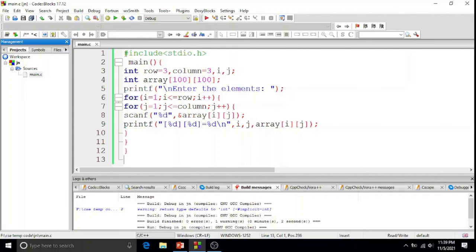Alright, so this is the C code that I wanted to introduce. As I have said, the row was 3 and the column was 3, so it will be written in this form. I'm using a 2D array to make it a little bit simplified, and as you can see I have discussed the whole part throughout the video. And so if we run this code